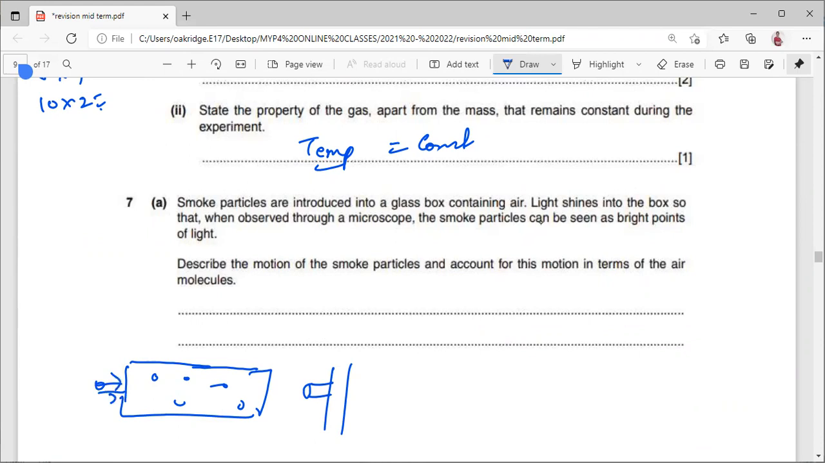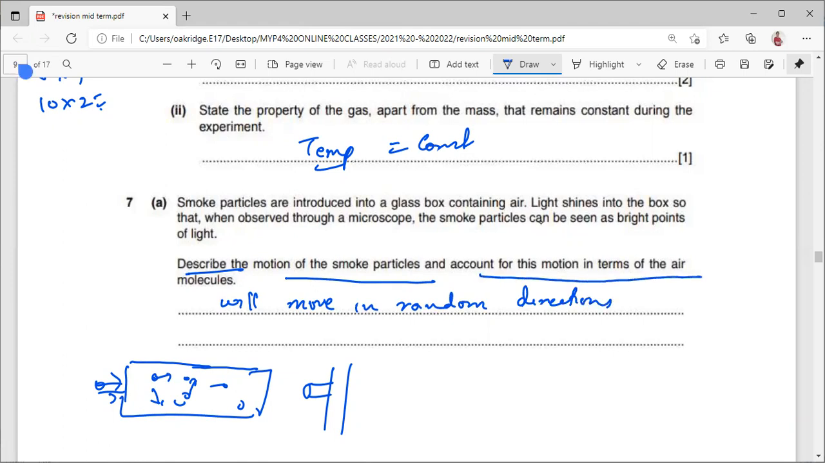Describe the motion of the smoke particles and account for this motion in terms of the air molecules. Now, when you see these bright points, will they be stagnantly present over here, or will they start moving like this? So what will happen? That's the question. We can say that the smoke particles will move in random directions. Why do they move? Account for their motion in terms of the air molecules. Why do they move? Because